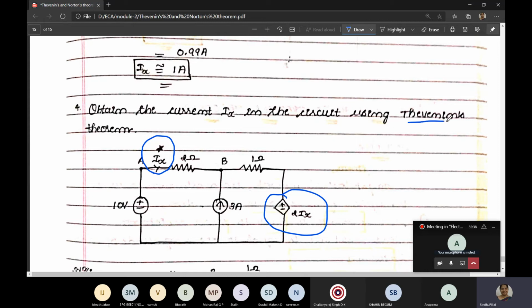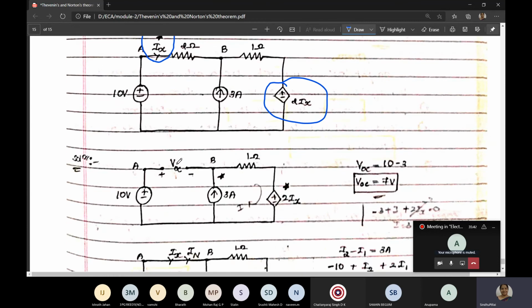In Thevenin's theorem, what do we have to do for the load? The load should be open circuited. So it is opened here. I have opened it and written VOC with the polarity plus minus. It is an assumption; if you get a negative answer, you have to change it. So how much is the voltage here? At terminal A, the voltage is 10 volts only. This 10 volts will come here. At terminal B, you have to check the voltage. How much will it be?